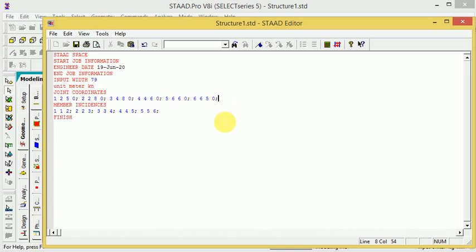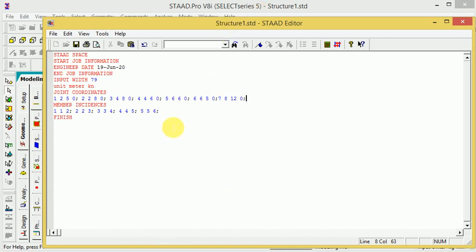If you give any other member, so like 7 space 8 space 12 space 0, then semicolon. I have provided semicolon.